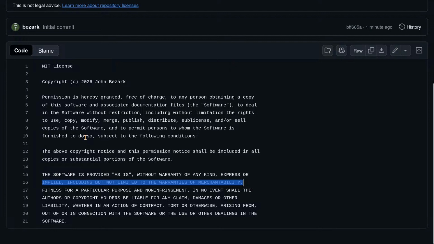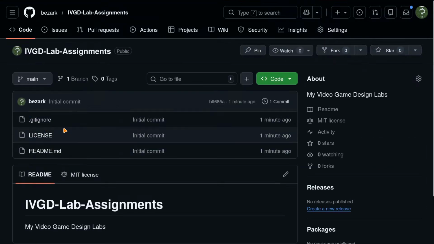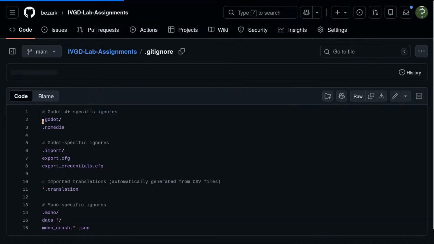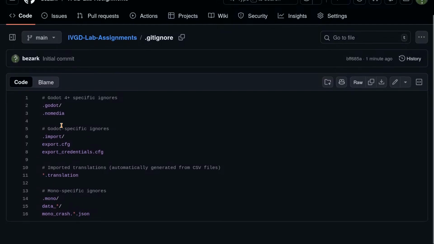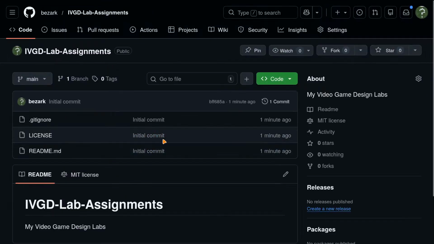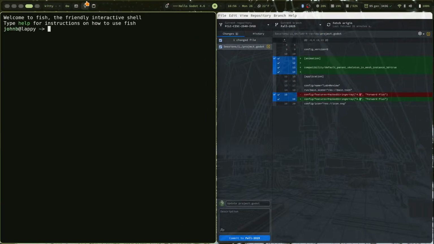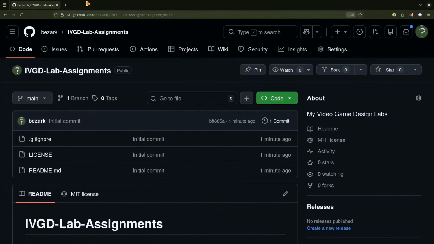Okay, so that is the entry point to your repository. We have gone ahead and created this repository. We can also see the gitignore. These are some Godot specific files that we don't actually need to have as part of our tracked repository code. And if we go back to the lab assignment,